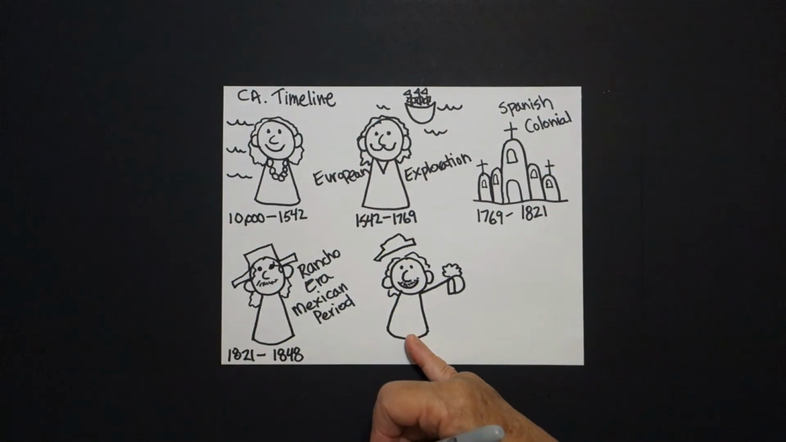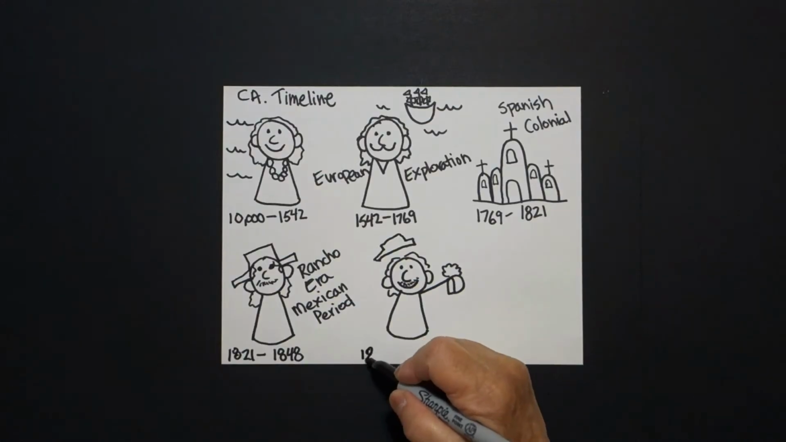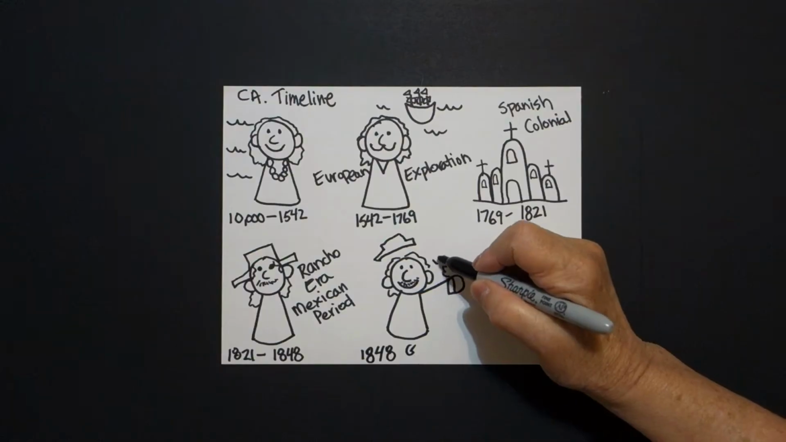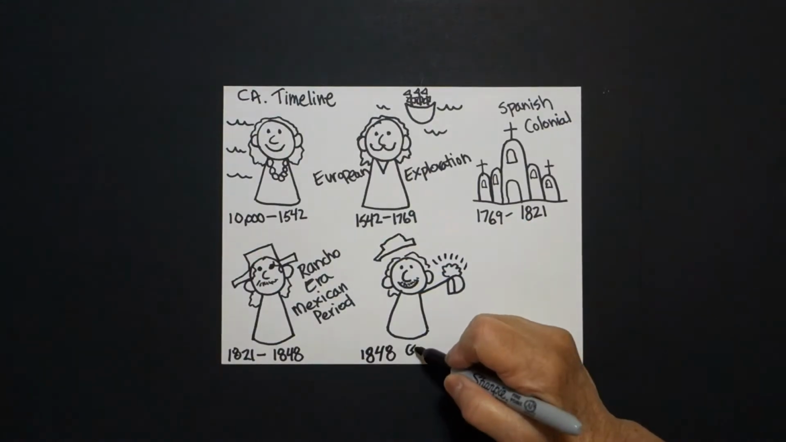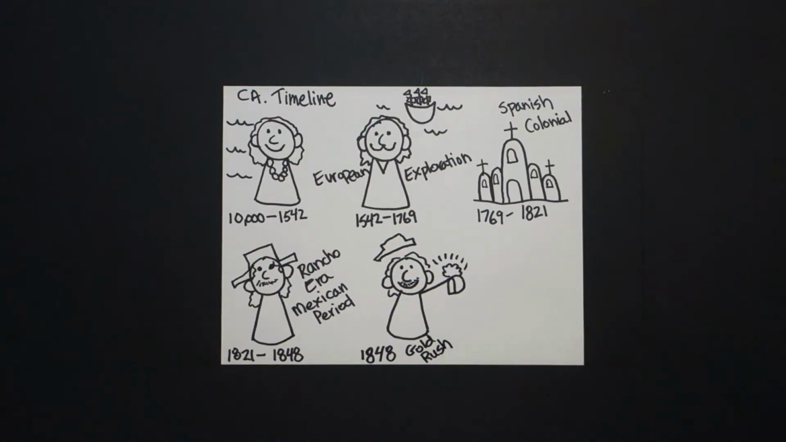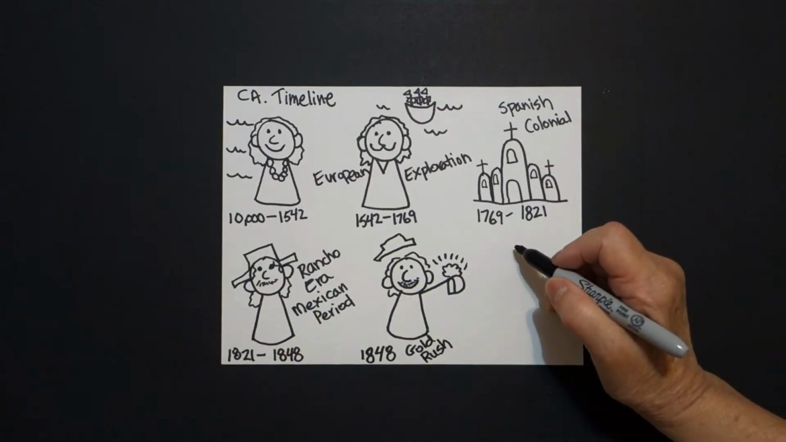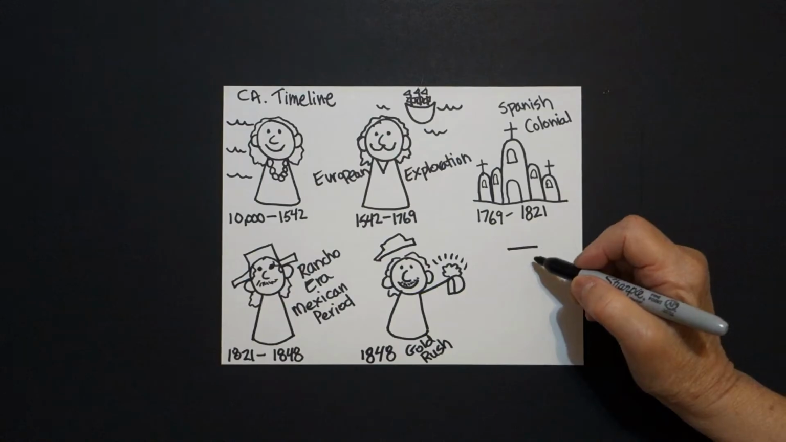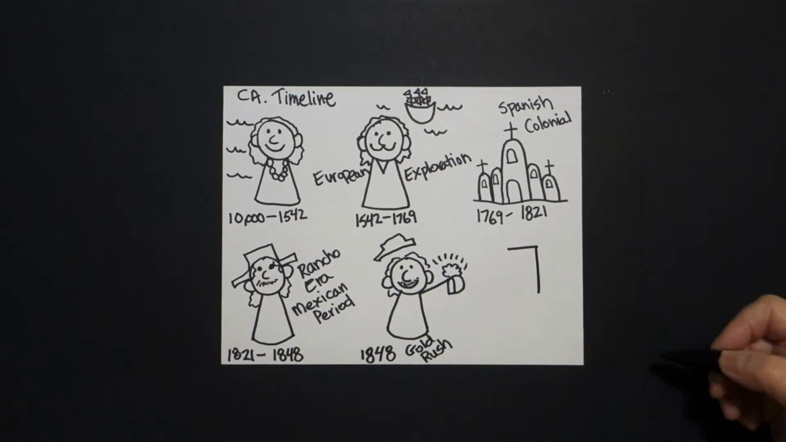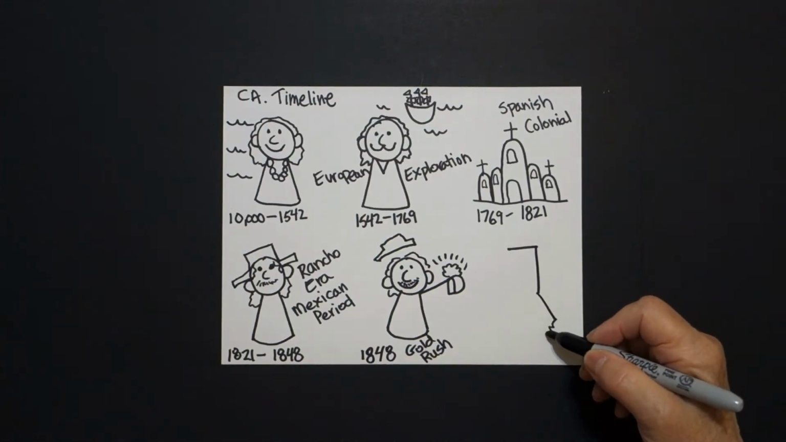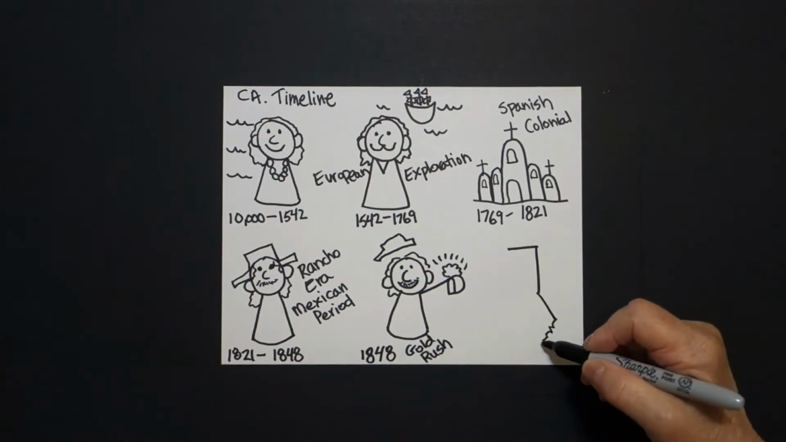What is this? Super important. 1848, Gold Rush. Let's put some little dots, straight lines there. Gold Rush. Now this is going to change the whole tenor of being in California. Right up here, put a dot, straight line over, straight line down, straight diagonal out, wavy, wavy line, straight line